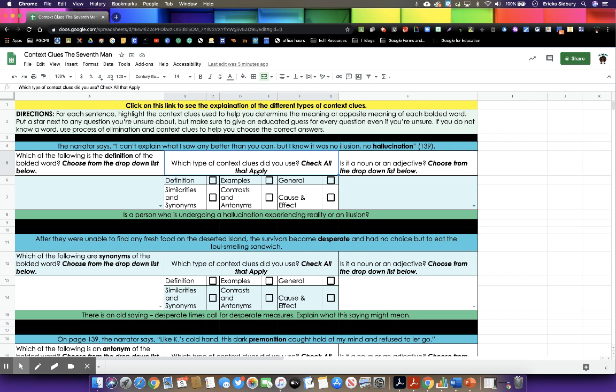Which type of context clues did you use? So when I tried to figure out what the word hallucination meant, remember in our directions, it says highlight the context clues used to help you determine the meaning or opposite meaning of each bolded word. So here you have different types of context clues. If you click on this link right here, where it says click on this link to see the explanation of the different types of context clues, this is going to be helpful. Click on the link,